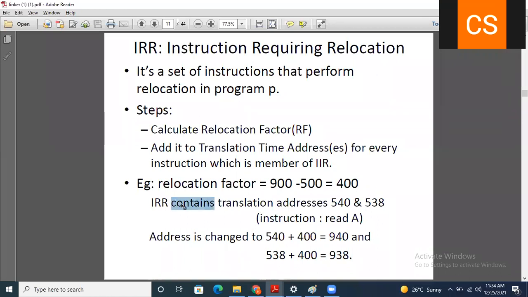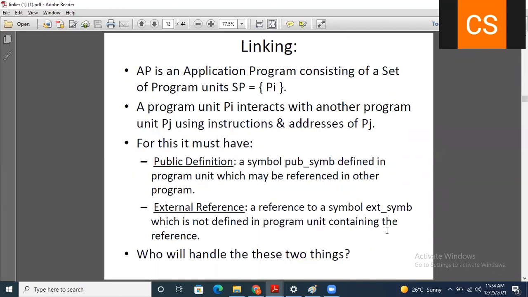So here is an example: if the relocation factor is 400 and if IRR contains the translation addresses 540 and 538, that is instruction read A, then in that case you have to change the addresses to 940 and 938. Okay, clear? That is the way of performing the relocation.